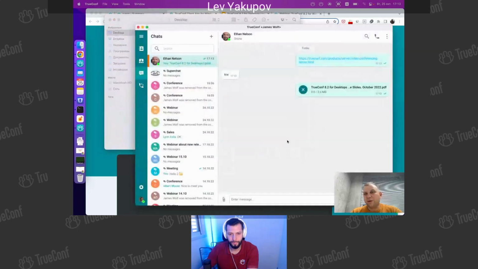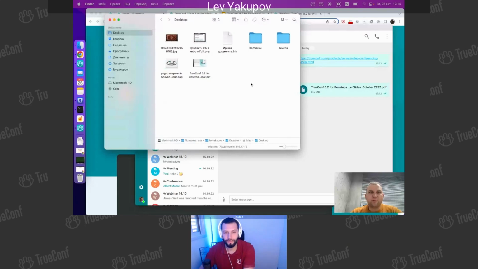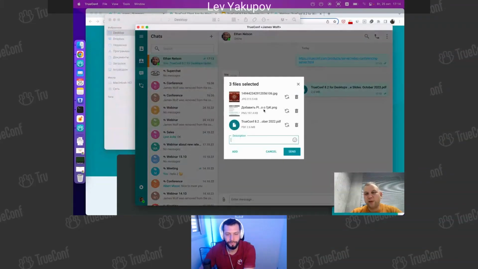Here we are. We can share files, or it could be multiple files. Let's select multiple files. So we allow attaching different types of files to every message. And actually, it doesn't matter how large the file is. Unless you have free space on the TrueConf server, files will be uploaded to this particular chat. And we create a unique ID for every unique file. That means if you try to forward